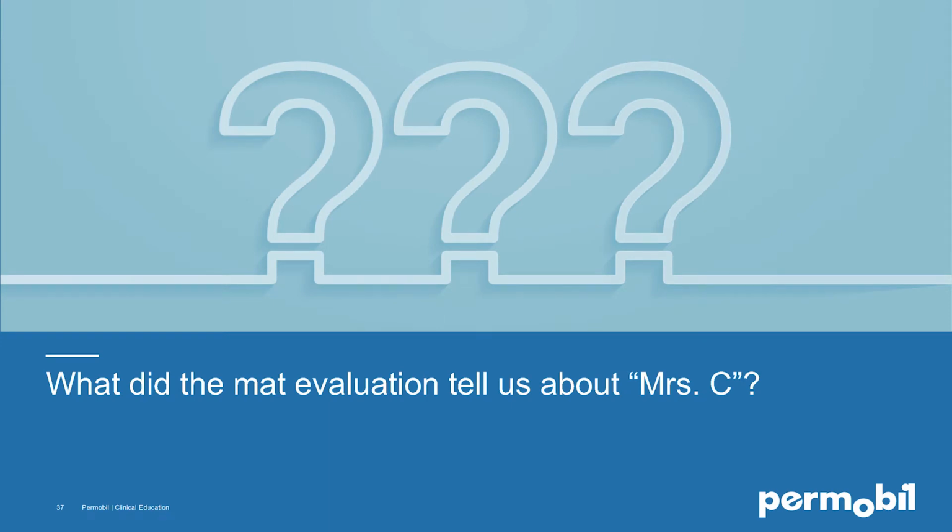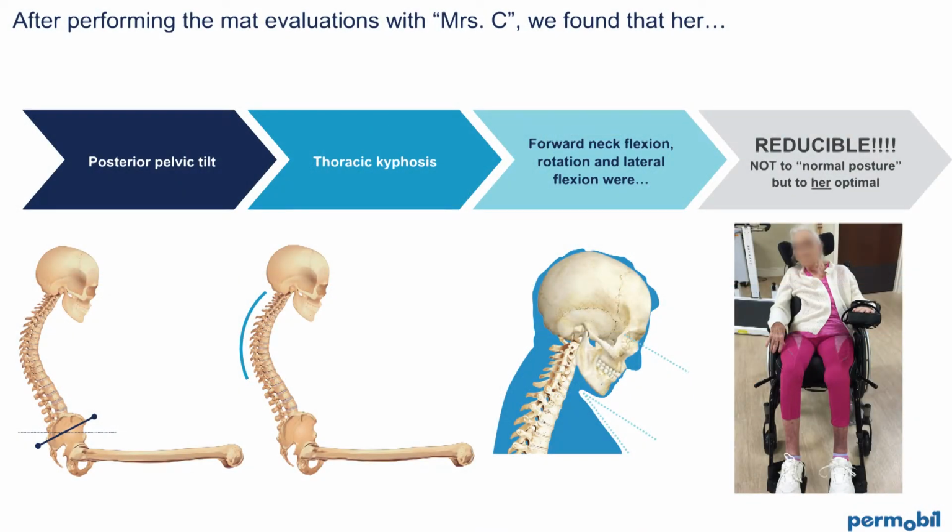So now we're going to go back to Mrs. C. And what did my MAT evaluation, both seated and supine, tell me about her postural deformity? After performing both her seated and supine MAT evaluations, I really got in there and tried to see what I could move and not move and how much movement she could tolerate. I found out that her posterior pelvic tilt, her thoracic kyphosis, her forward neck flexion, rotation and her lateral flexion were all reducible. But keep in mind, it wasn't reducible back to, quote unquote, normal posture, but it was back to her optimal